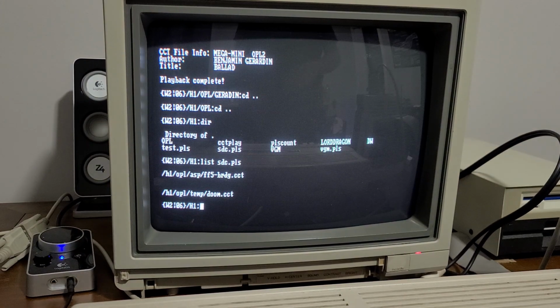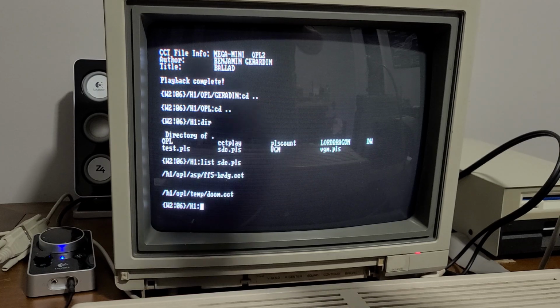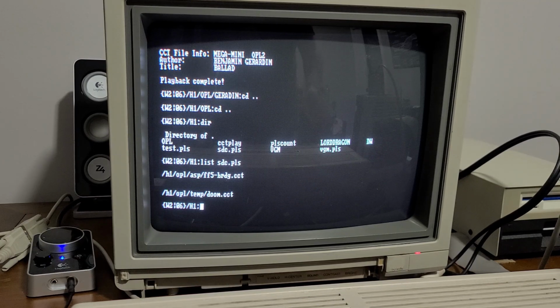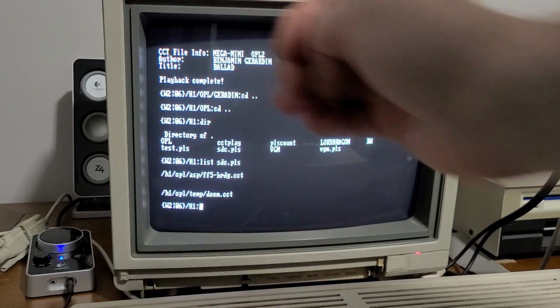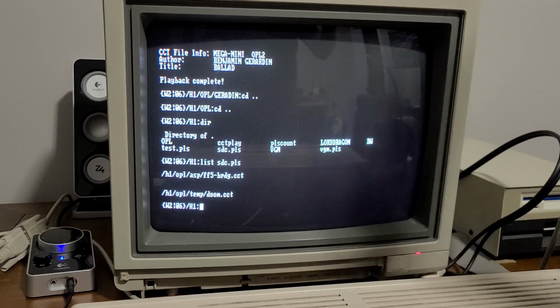So after I got that working, I couldn't stop there, and I said, it wouldn't be too hard to create a playlist system. Let's say you wanted to play several tracks in a row or put a mix together or whatever. They're essentially just text files with file names or full paths. But it's cool because that way with Nitrous 9 you can mix and match. So you could have just file names in your local directory, or you could have an absolute path straight to your SD card, or you could load some tracks off of an SD card,